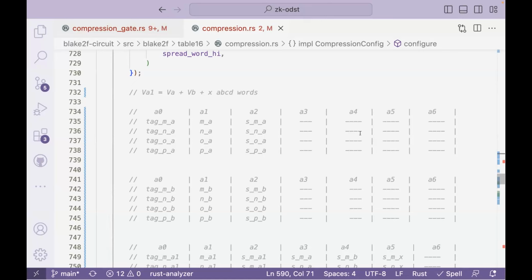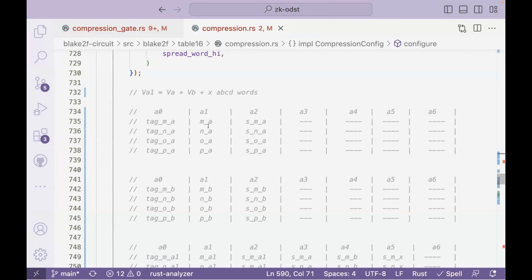When we do a lookup in the spread table, we constrain our bits. What that means is, suppose I am looking up a 16-bit, a 10-bit, or a 7-bit number. Suppose I look up 7 bits, I constrain the tag between 0, 1, and 2, where the tag boundaries define that we only look up in those bit lookup arguments. So we don't look up 9 bits or 10 bits, we only look up the 7 bits. These tags help us with that, and it optimizes the operations, because we are not going through the